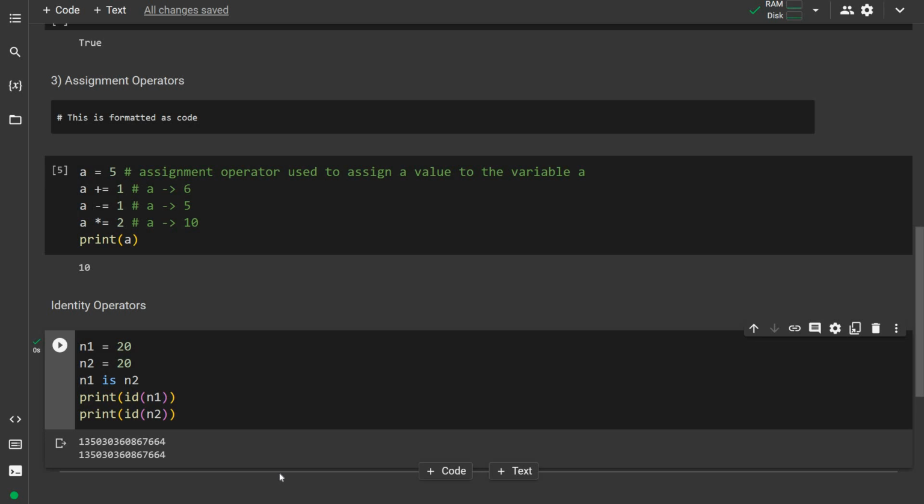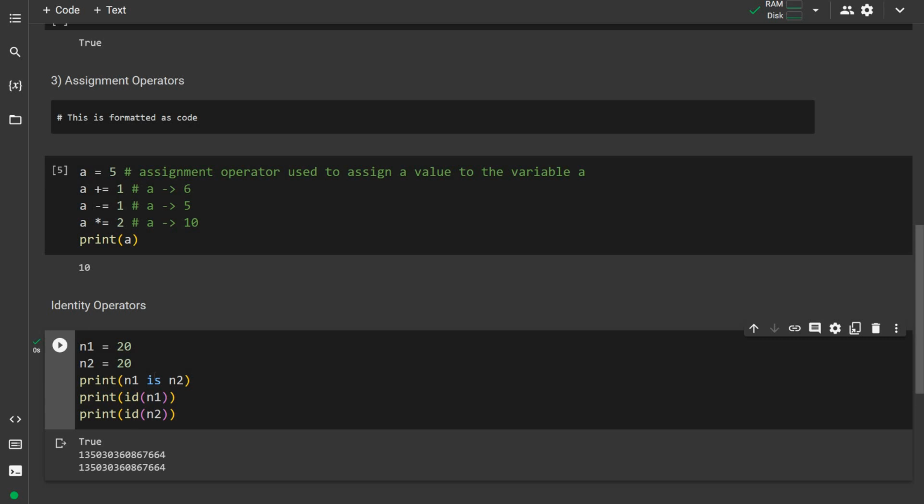It is because in Python we have a concept that states that if two variables contain the same value, then Python does not create a separate space for the other variable. Rather, it simply points to the previous one. That is the concept that is followed in Python. Hence, when we use the identity operator to compare the IDs, we get the value true. If I put it inside the print statement, you can see it again. If I run the code again, we can see